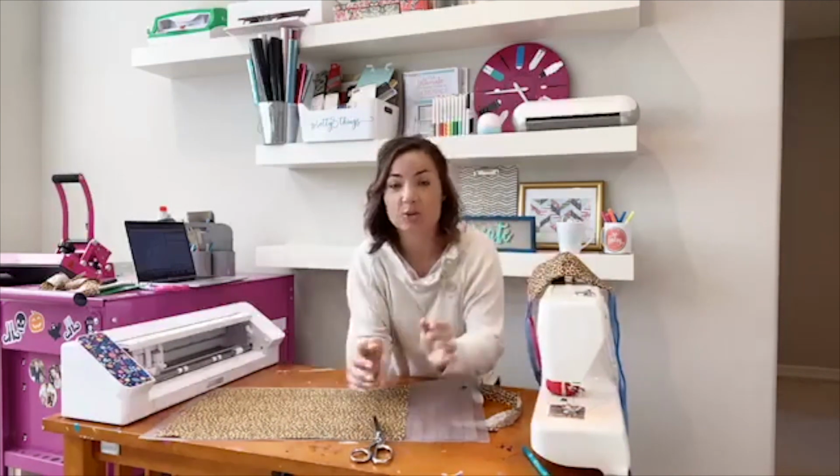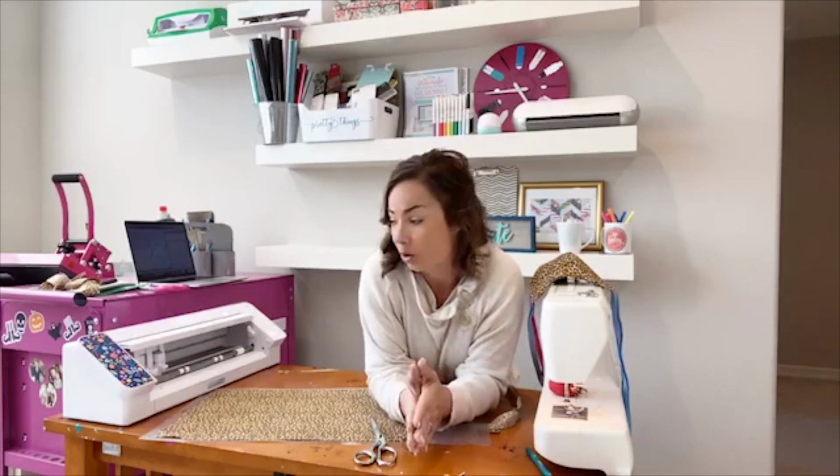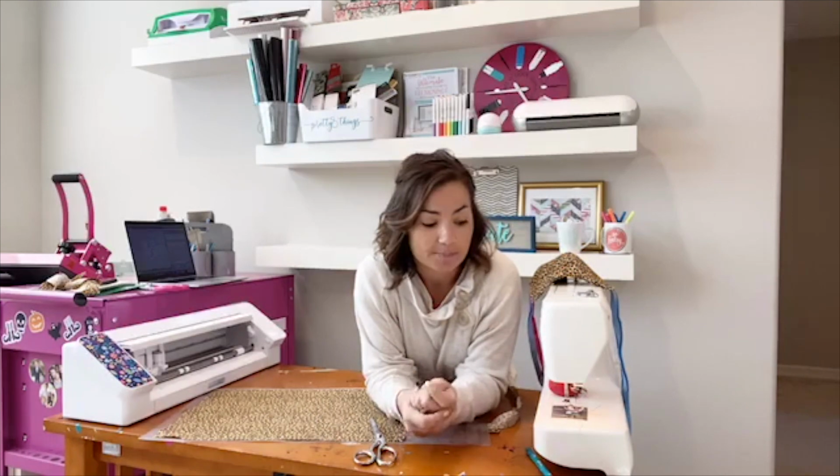Okay, so here's what we're going to do. We are going to take advantage of the essential machines that we have in our craft rooms and help out. You're probably seeing a ton of masks that people are making at home, which is wonderful. I'm getting a lot of questions about how to do that, where to find designs, and what machines can be